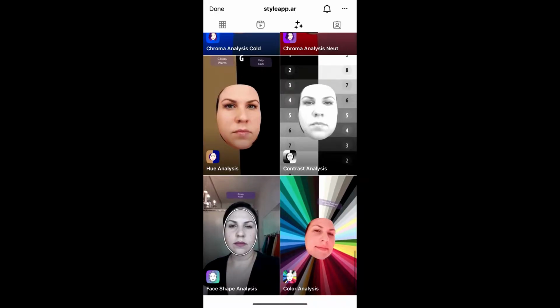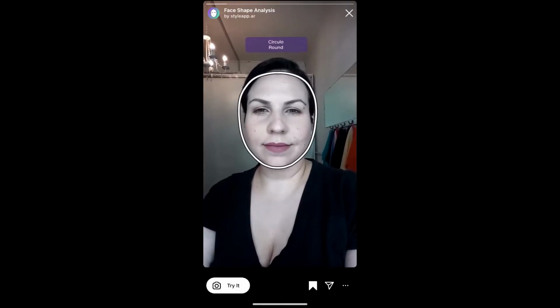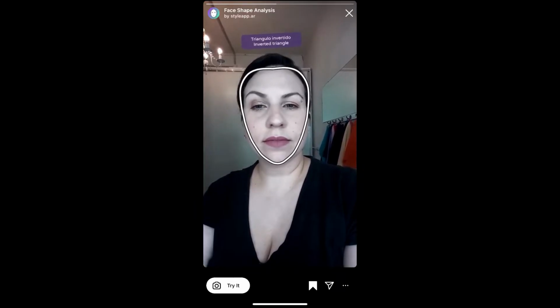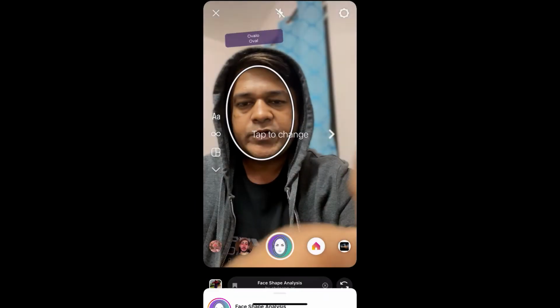Okay, so check in the filter gallery. This is the filter, face save analyze. Tap on it and you will see this preview. From here you can save it to your Instagram camera tray and you can tap on try to try the filter. Okay, and suppose you are not getting the effect like this, then what you can do,